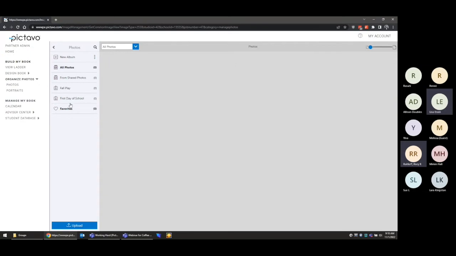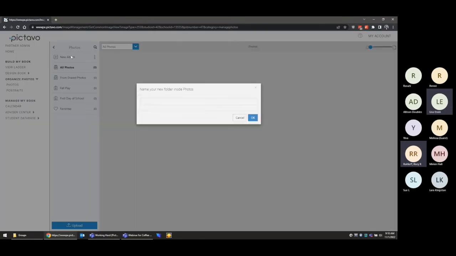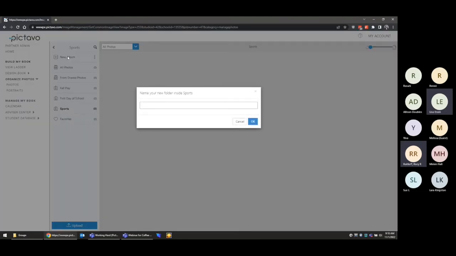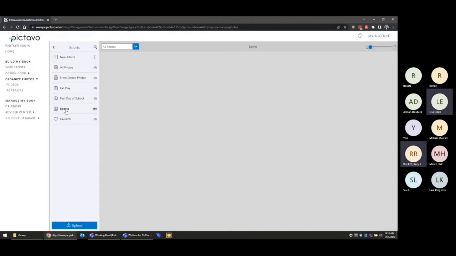And now you can have albums as well, like if I have an album for, say, just sports or activities. Now, if I wanted to create albums inside of albums, I can just click on sports and start creating more albums. So maybe we say basketball, football, volleyball, track, soccer. And then you could go into sports here and you'll see these sub albums, and you could